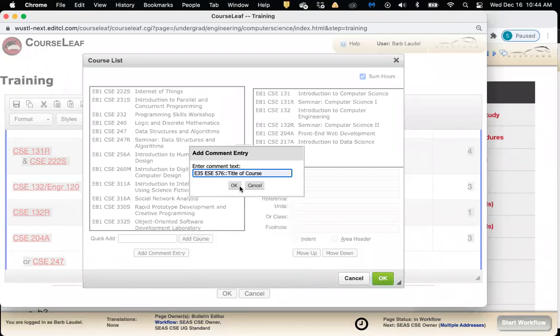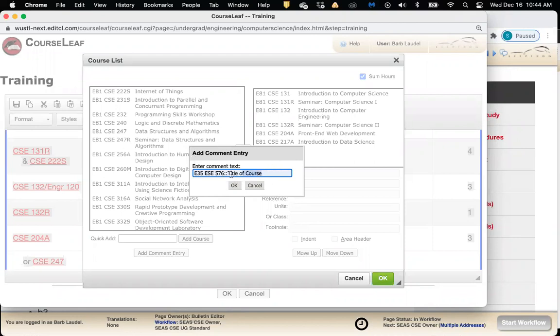So 576, and then you're going to type in the colon, and then whatever the title of that course is. So the course code, colon, and then the title of the course. No spaces between the course code and the colon and the title of the course. So that's what you're going to enter.